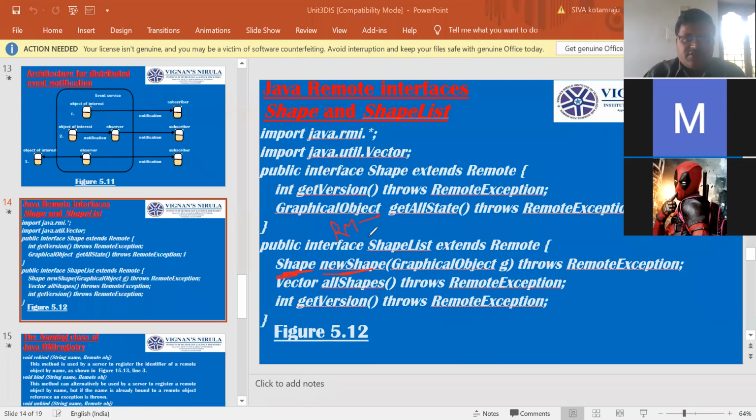What type of invocation is required? When it is a remote interface, an RMI call is made on the remote object to which it refers. So this is about ROR, that is, remote objects. Clear? Okay.